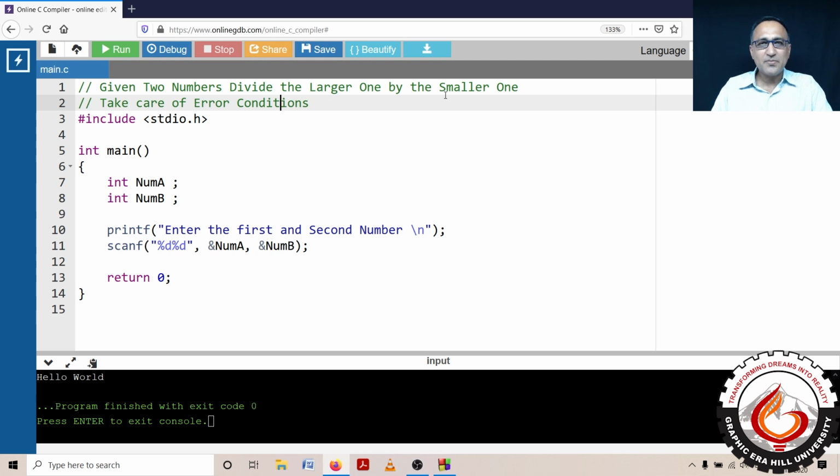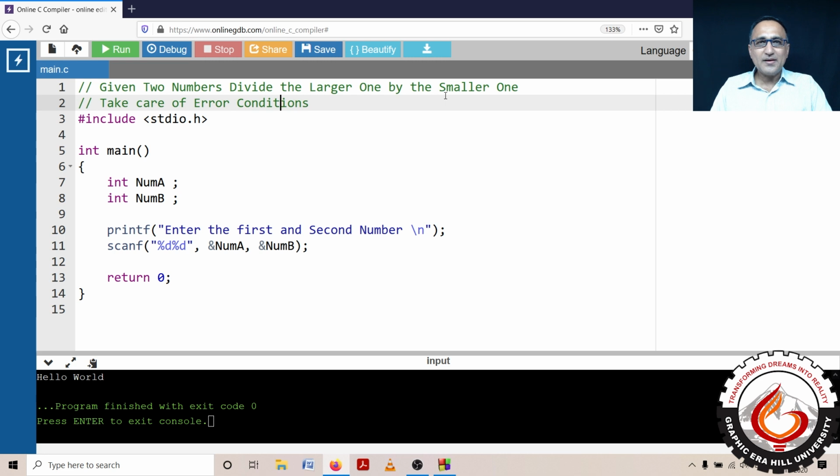Normally it looks like a very simple problem, but you need to be careful here because there are at least 3 or 4 cases where you can land in trouble. The first case is if both the numbers happen to be 0. The second case, when one number happens to be 0 and the other happens to be positive. And the third case is the reverse: number A is positive and number B is 0, or number A is 0 and number B is positive. So these three conditions are the problematic conditions. We really need to deal with them.